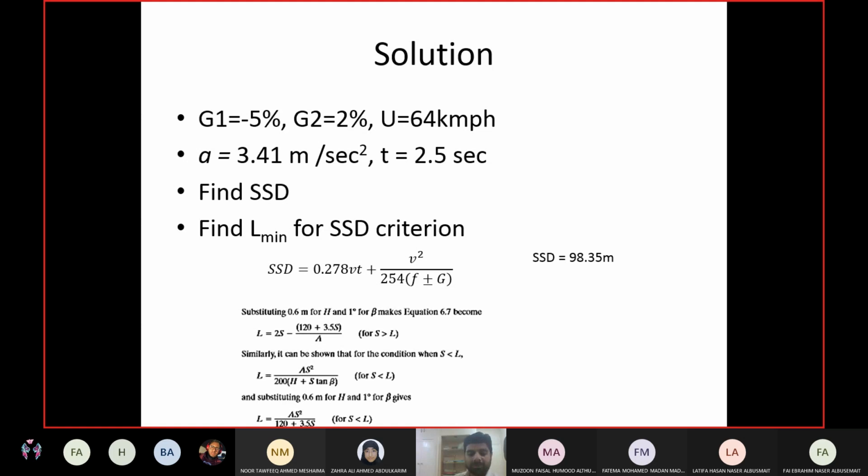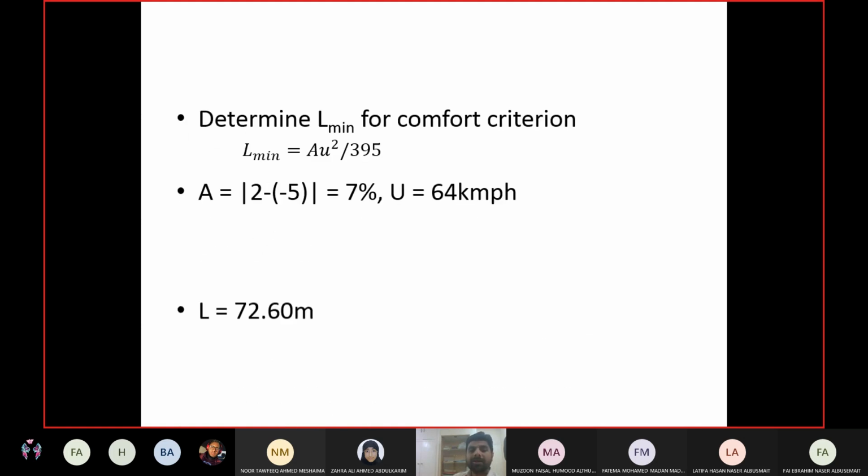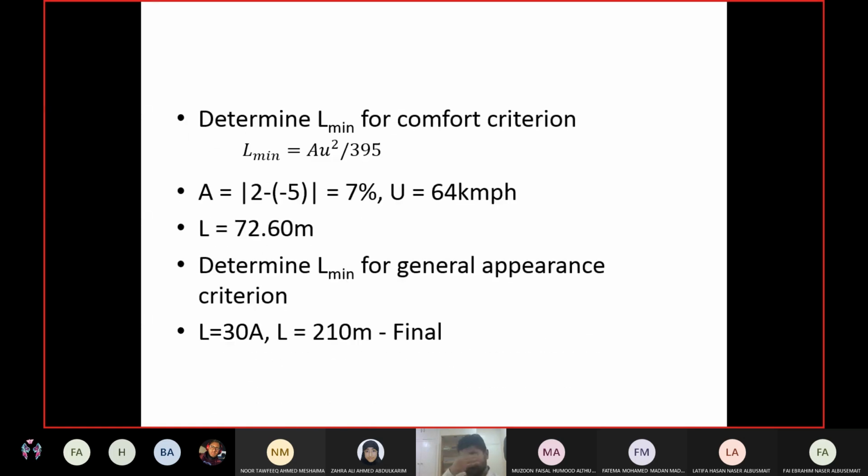But if it is a sag curve, for sag curve we have three criteria. The table is only giving you the length according to sight distance criteria. Then you need to apply the other two criteria yourself. The appearance criteria you have to do yourself from the equations. So these tables are for sight distance criteria for the case of S less than L. If you want to apply other criteria, go back to the equations. If your scenario is not S less than L, go back to the equations. Then you cannot use the table.